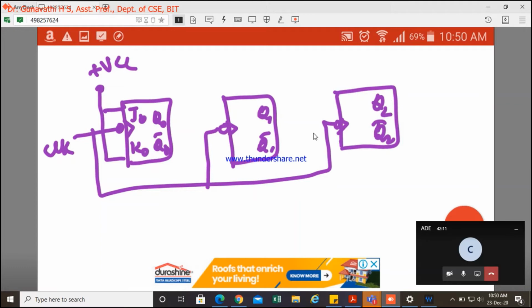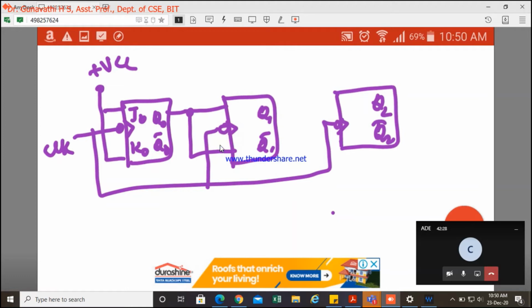Now the inputs are to be changed. How can I change it? We already know, this output will be connected as an input for the next stage. With this it can work like mod 4.